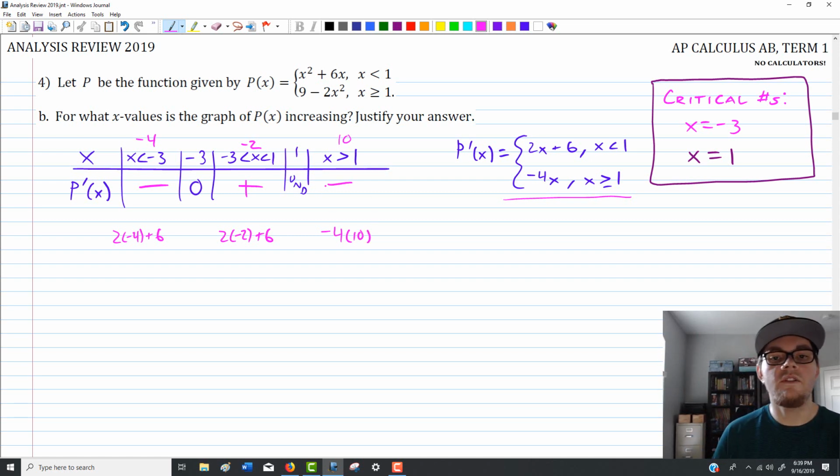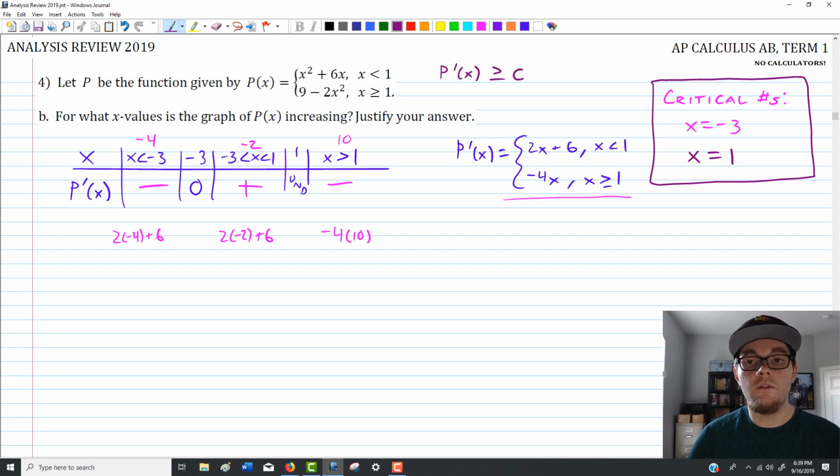So in this case, what we've just seen is what the signs are for each of these parts of the function. We were looking for the place where p of x is increasing. So that means we want to know where p prime of x is greater than or equal to 0. And again, it's or equal to because it's not strictly increasing, just increasing. So the only place where that happens is right around here. So in looking at this, we'll have to say that p is increasing